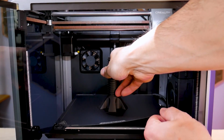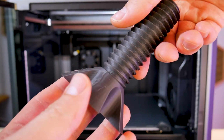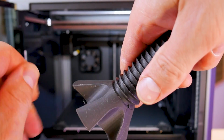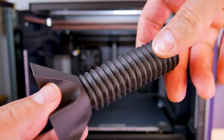I made sure I also test printed more functional threads, this time even finer threads. These are usually a very good test for a printer's dimensional tolerances as well as its part cooling fan because of the overhangs involved with those threads. Overall, the threads looked pretty good,